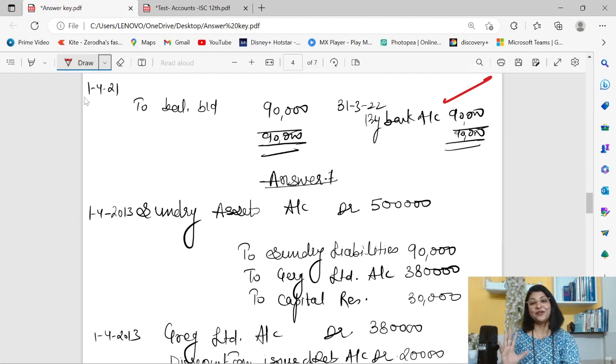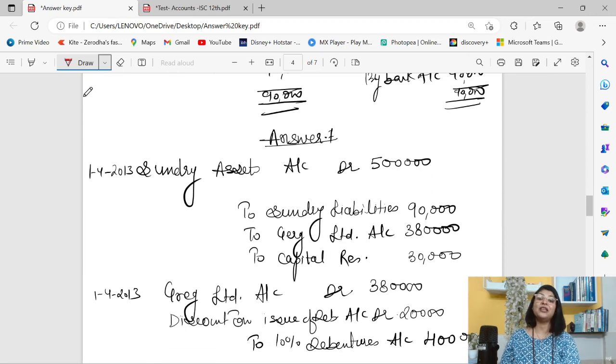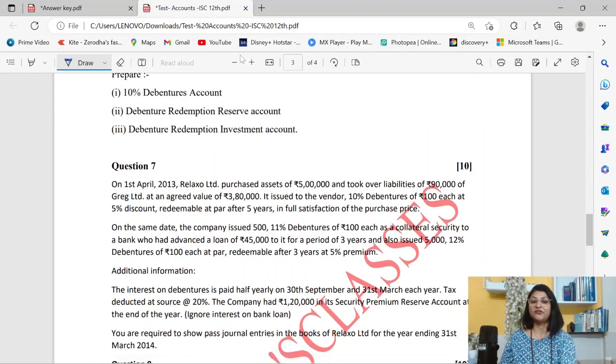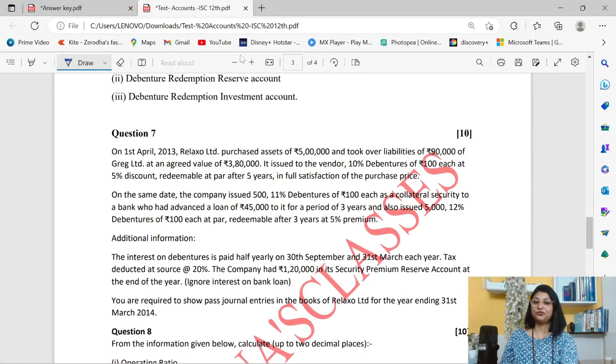This question was very simple, provided you know the journal entries properly. If you have any mistakes, you correct yourself and try to resolve this question. Now let us reach the next question. In the next question, many kinds of debentures were issued to the people. Like you can see over here, first the debentures were issued to Gerg Limited as purchase consideration for taking over